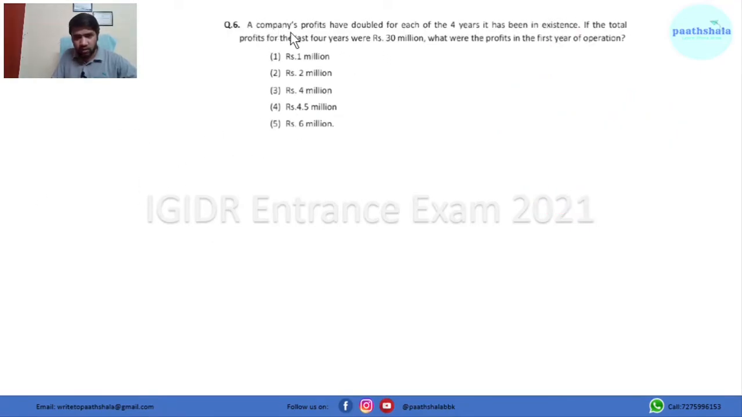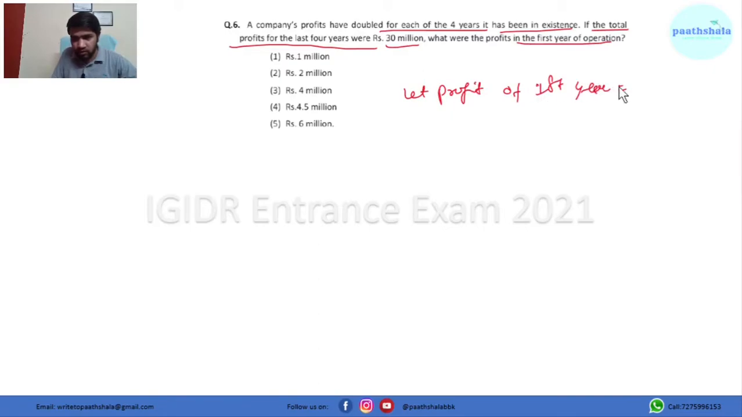Here it is saying that a company's profit has doubled for each of the 4 years it has been in existence. If the total profit for the last 4 years was 30 million, what is the profit of the first year of operation? So now let the profit of the first year be x. Okay, so the profit of the second year will be double, that is 2x. Profit of the third year will come out to be 4x, and profit of the fourth year will be